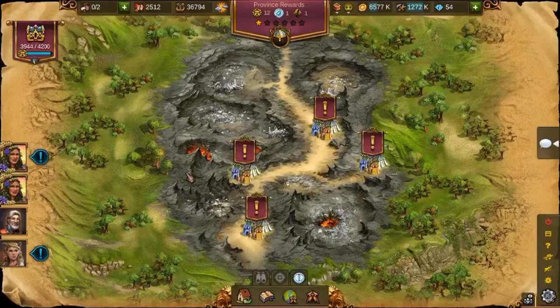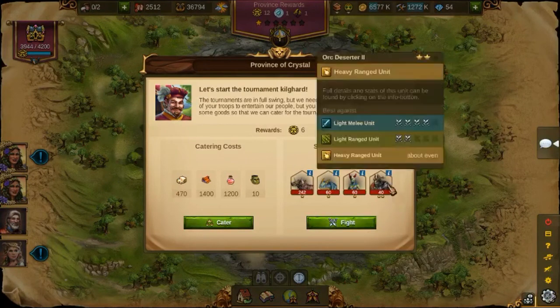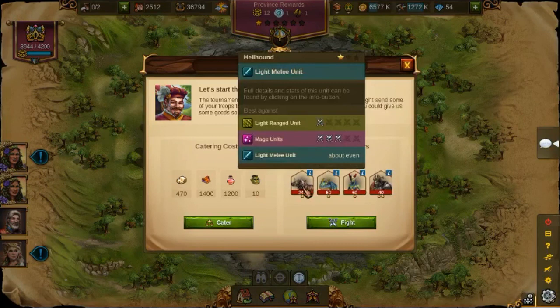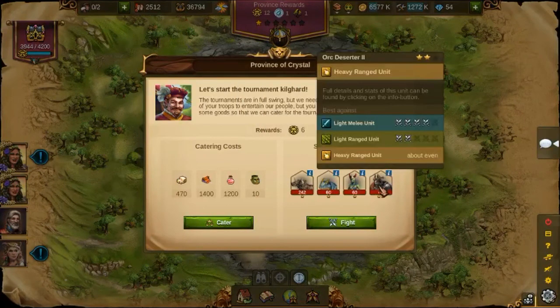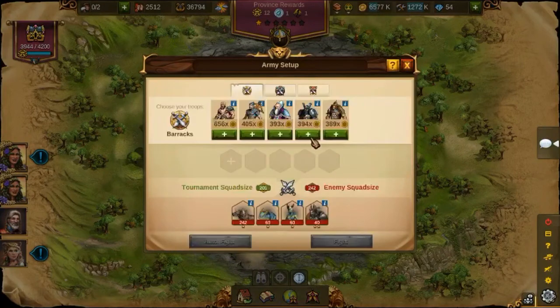When doing your provinces, if you choose the fighting option instead of the negotiation, you have 2 options: real fighting, auto fight, and what we call semi-auto fight. This example will be a good one for auto fight. As I have here light melee units, heavy range units, and heavy range units with only 1 mage, it's a good occasion to go with